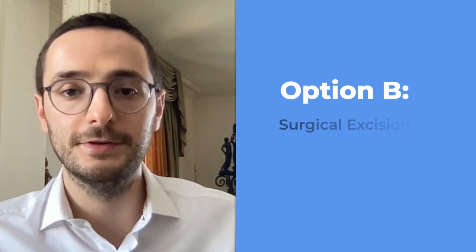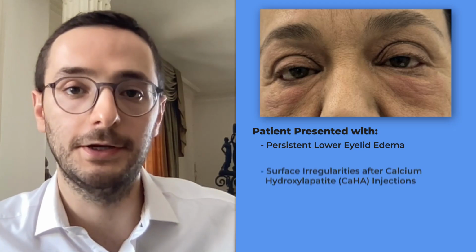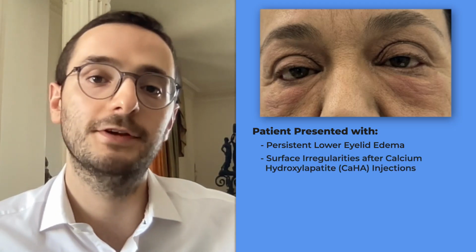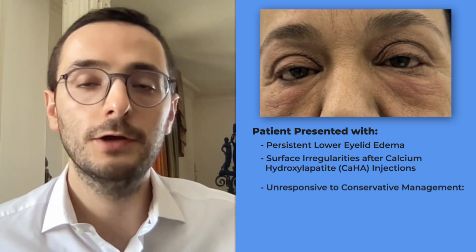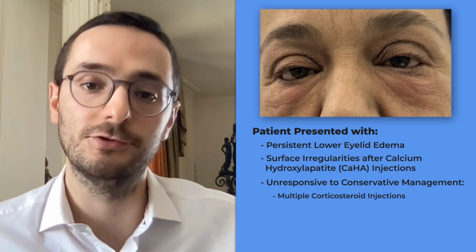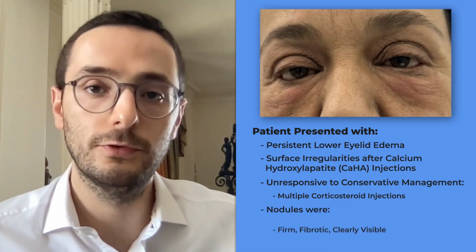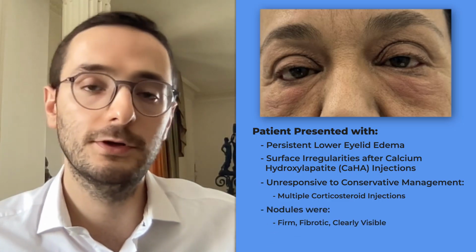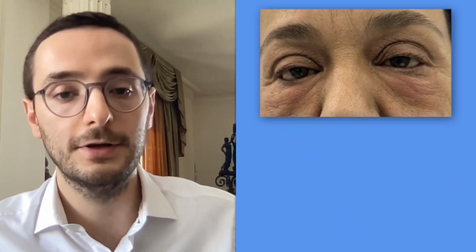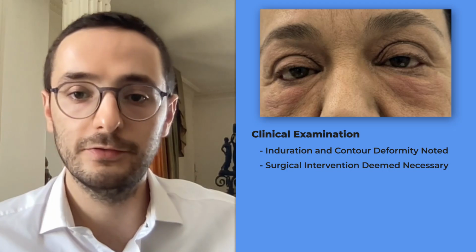The correct answer in this case is surgical excision. So the patient presented to the clinic with lower eyelid edema and irregularities following calcium hydroxyapatite injection, which were unresponsive to conservative management, including multiple corticosteroid injections. By the time she came to the clinic, the nodules were firm and fibrotic and clearly visible and distressing to the patient. The clinical exam showed also signs of induration and contour deformity, so surgical excision of this fibrotic